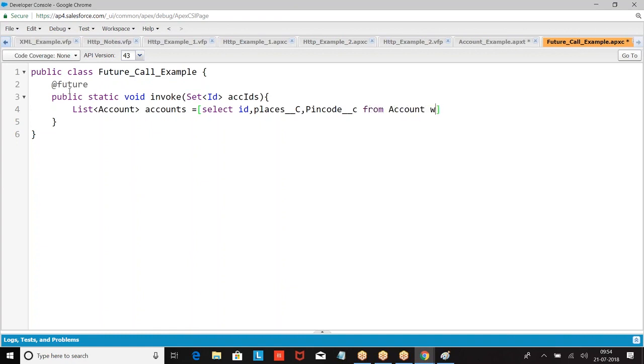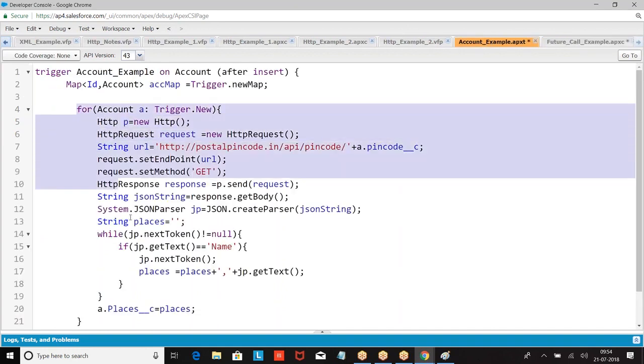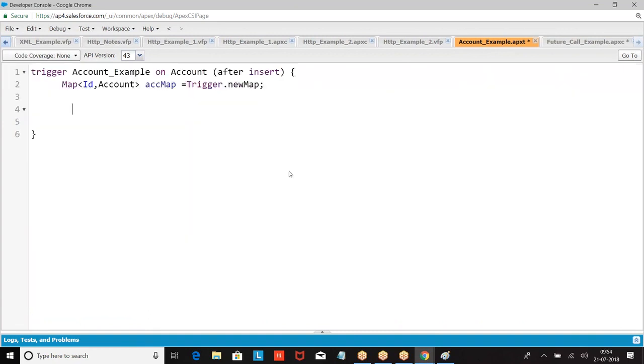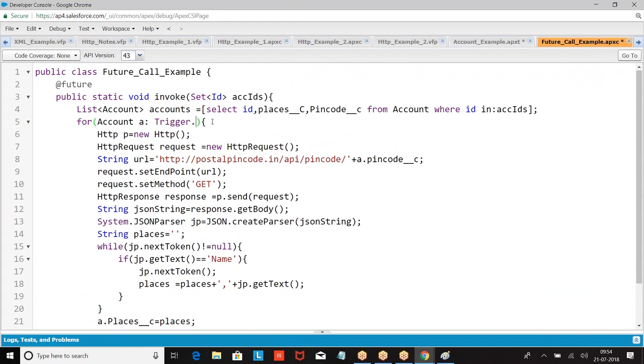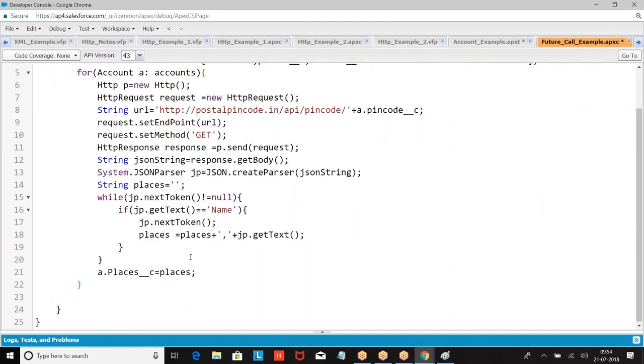From account where ID in. Then whatever the code I wrote in the trigger, now write this code in the same. Then I'm going to give. So what I'm doing here,